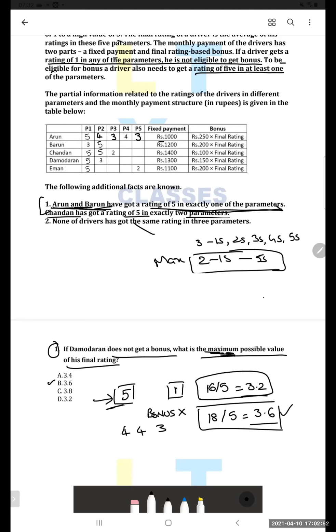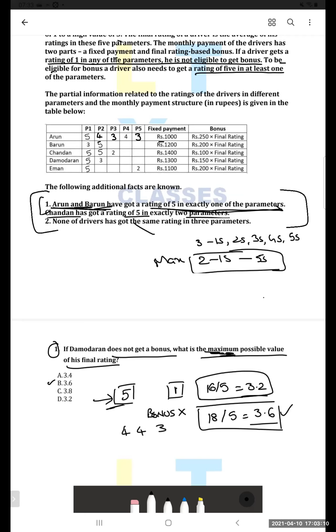It's very, very important to follow the information. Keep it in the back of your mind when you're solving for ratings. It might look very easy. It will be very tempting for you to just put the numbers quickly and go ahead. But these conditions are very, very critical when it comes to CAT. This is where the catch is. You have to be very, very careful about these conditions.